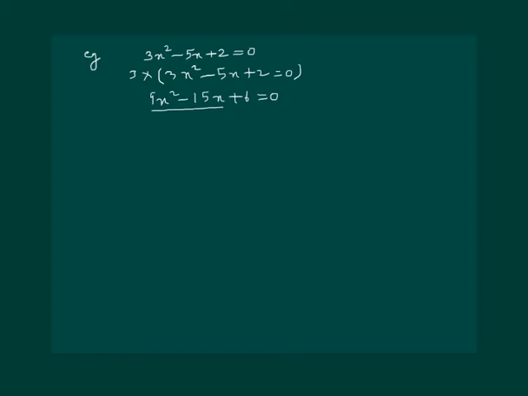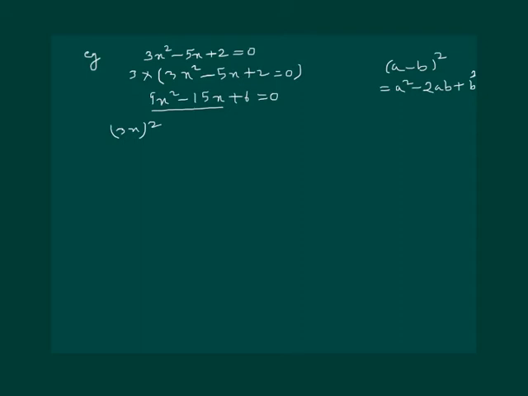We have already introduced one of the methods. Let us do this question by another method. We can write 9x square as 3x whole square. Let us recall the formula: a minus b whole square is given by a square minus 2ab plus b square. If we consider our a equal to 3x, let us see how we can split 15x as